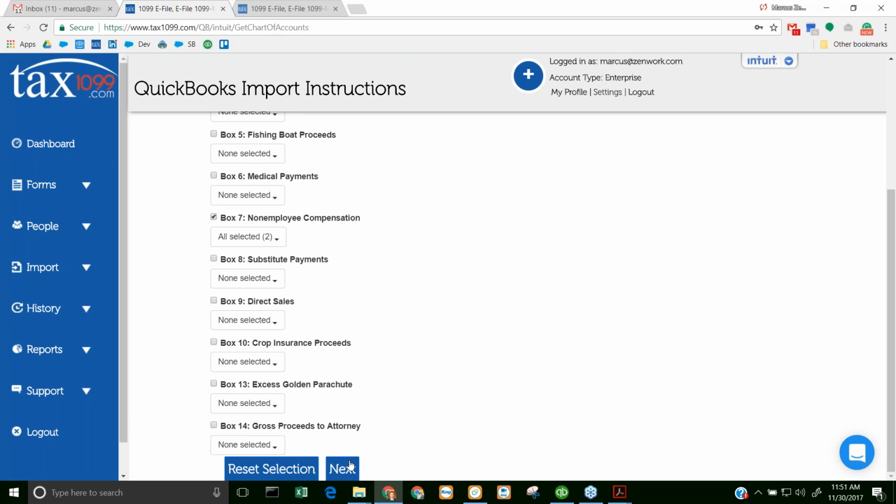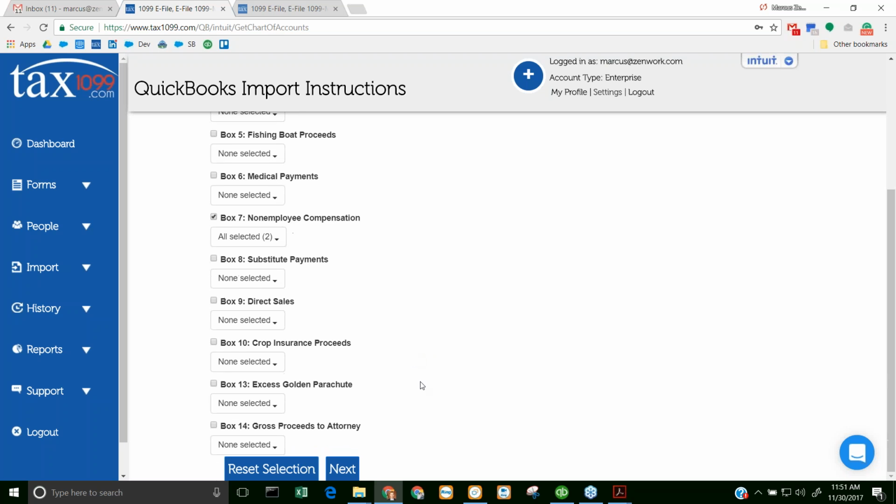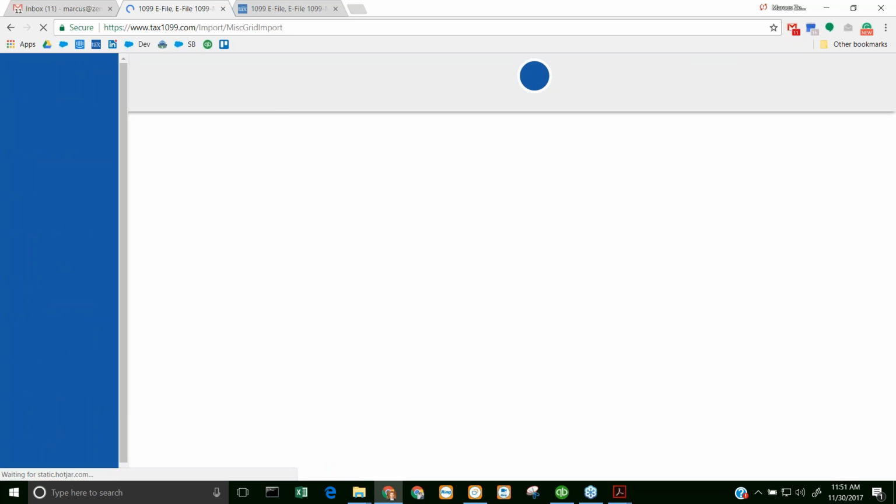So there I have it, and I have no other boxes I need, but if I did, it would be very simple to map those over, and that's going to be persistent again across all the different accounts for that client. So it'll bring in everything, any payments for any vendors, and put them in the right boxes. So I'll hit next,